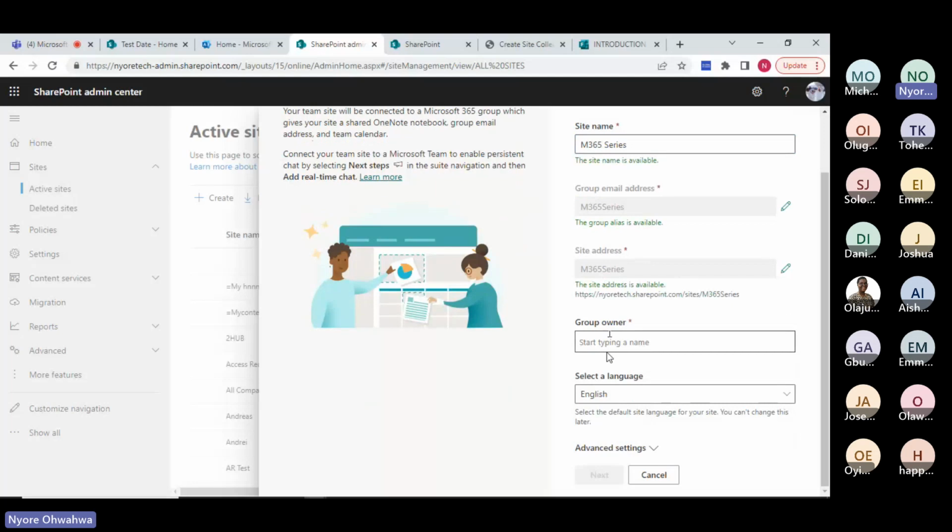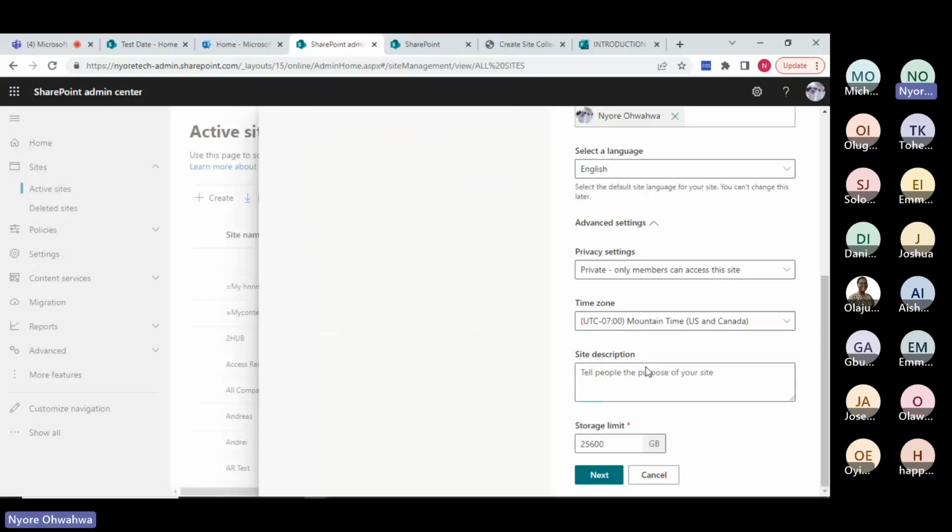So I'm supposed to give this site an owner. I would use myself as an owner. I can add another user that I want to. And then also you can click on advanced settings, and